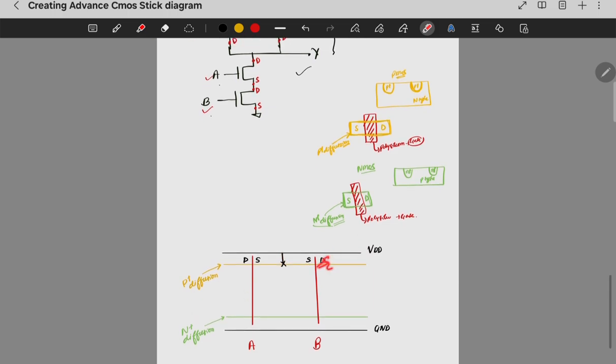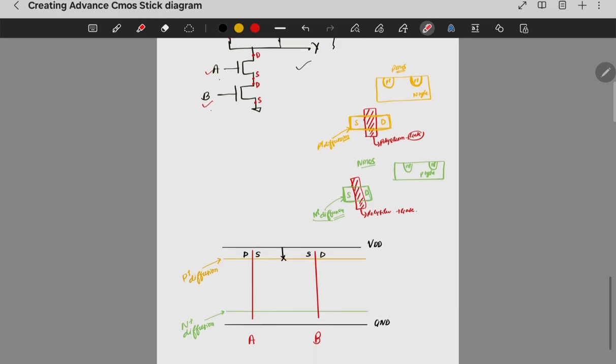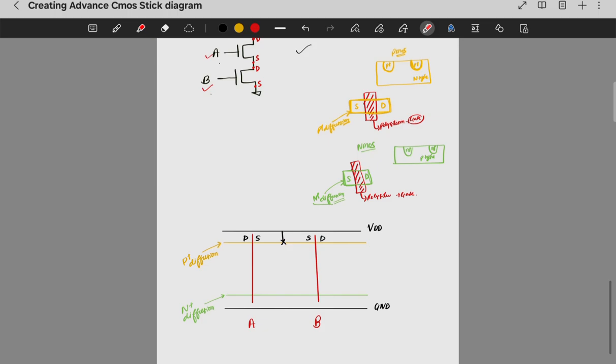There is another way also. Here source, here drain, here source. Then you have to connect both ways, and then take the drain connected. So that is also a correct way, but just stick to one method. Later on we can optimize it according to the area and the source drain sharing. Okay, so when you go deeper,